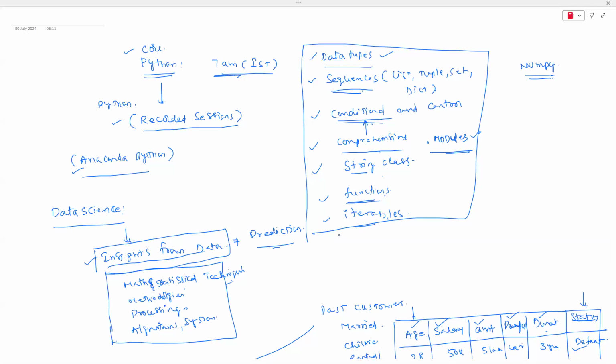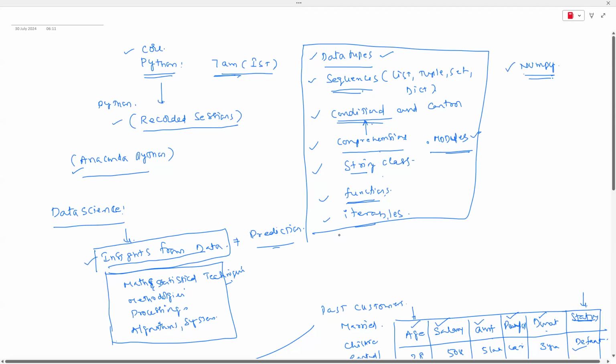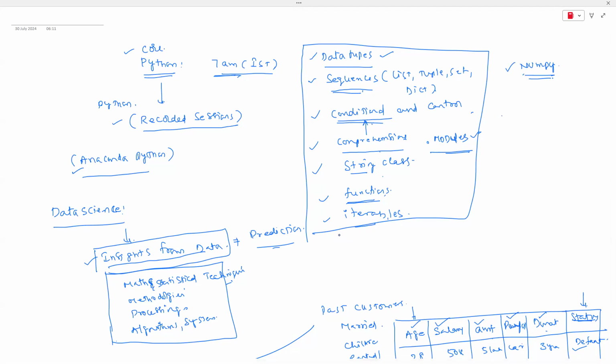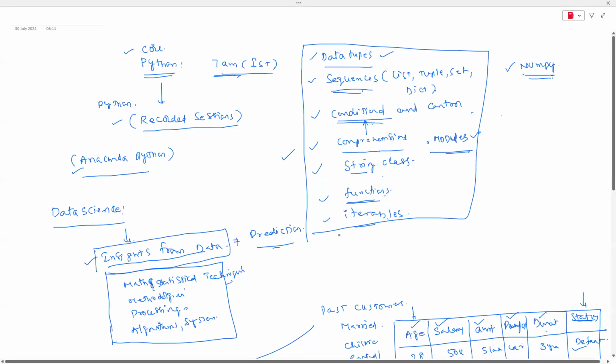These are all completely about Python, only Python. We didn't start with any data science. On Wednesday's class, I'm going to start with a library called NumPy. Today and tomorrow, I'm going to take some introduction classes for you. If you are interested, you can join regularly from Wednesday's class. There are already about 10 participants who have registered for the course, and they have completed this training program. Along with them, you can also join the classes. No need to worry about these Python classes, because they are not that complicated.